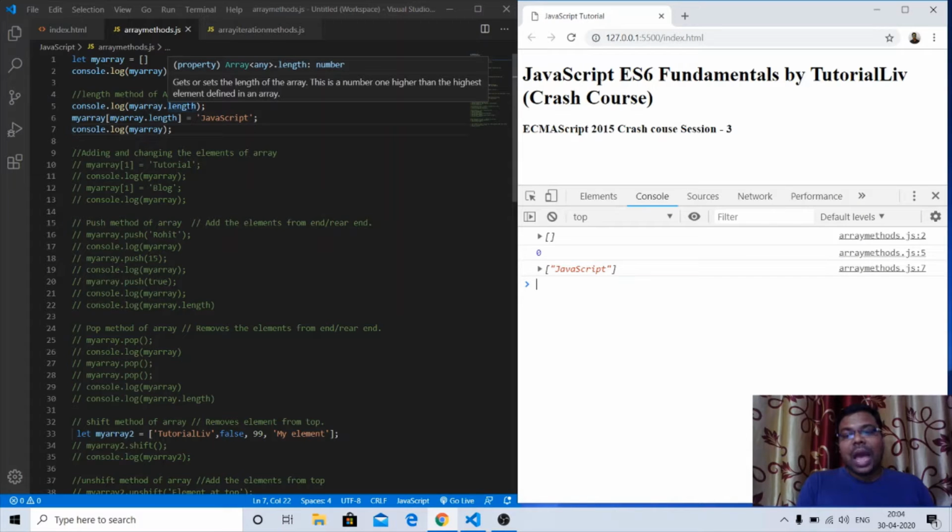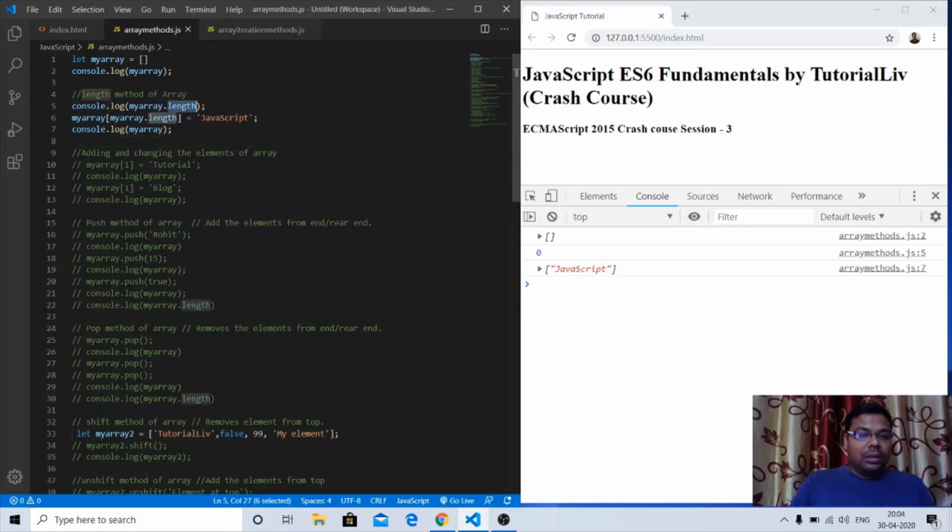If we have 4 elements, 0 1 2 3, the highest index will be 3, but the number of elements will be 4. So it returns the total number of elements available in that array. The length of the array is myArray.length.